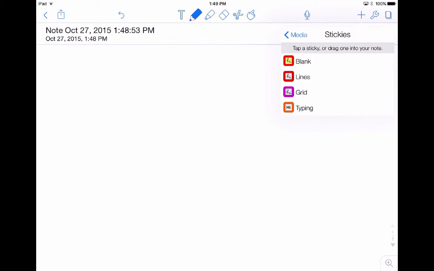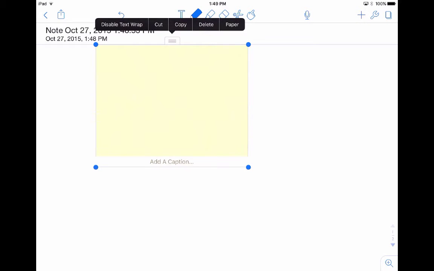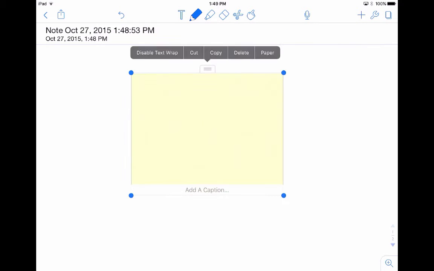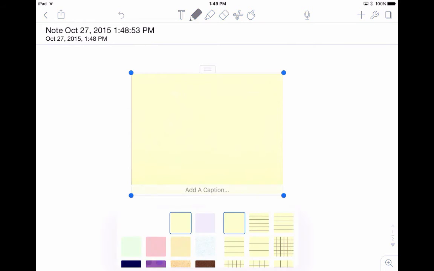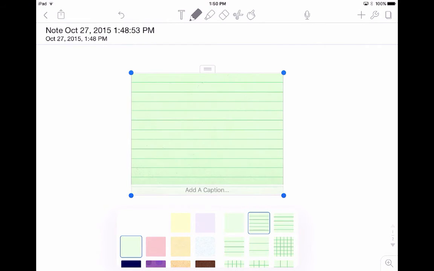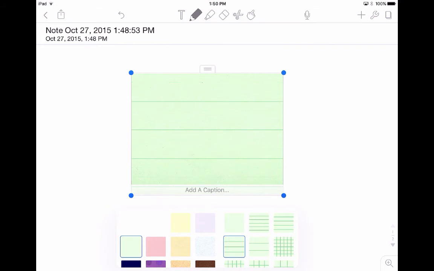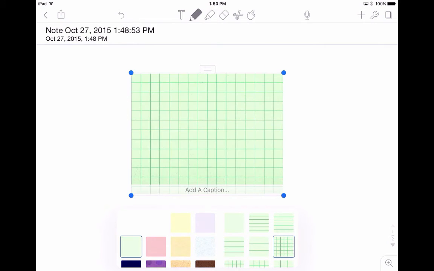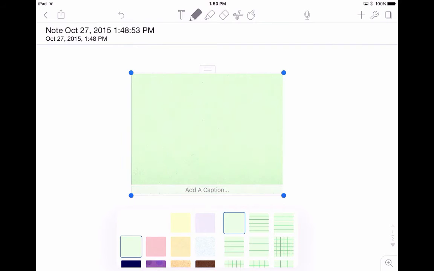I'm going to just touch and drag. And from here, I can move my sticky around the screen. I can change the paper. Maybe I want a pink background or a green background. And then to this, I can also do what the other stickies represent, like putting lines in, making the lines a little bit wider apart. I could add a grid to this, whole bunch of different options, but I'm just going to go back to